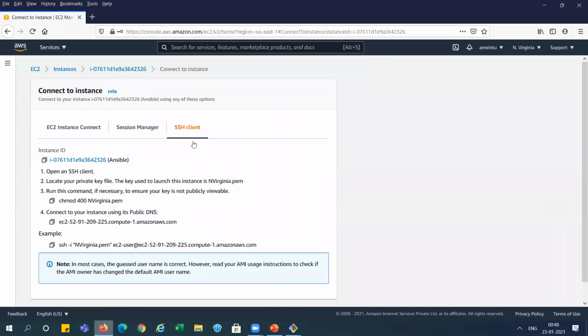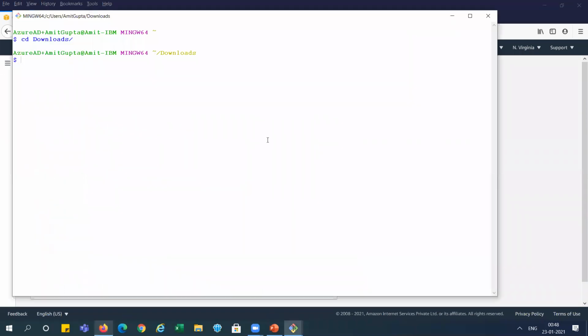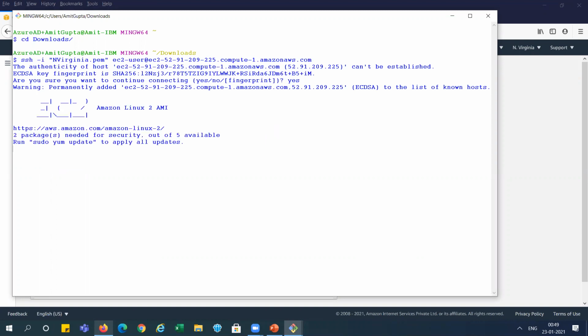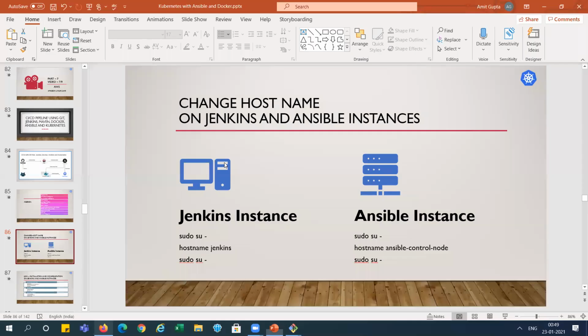So I'm connecting to Jenkins. Taking sudo, I'm changing the host name first. You can see here in this video, the host name is Jenkins, right?